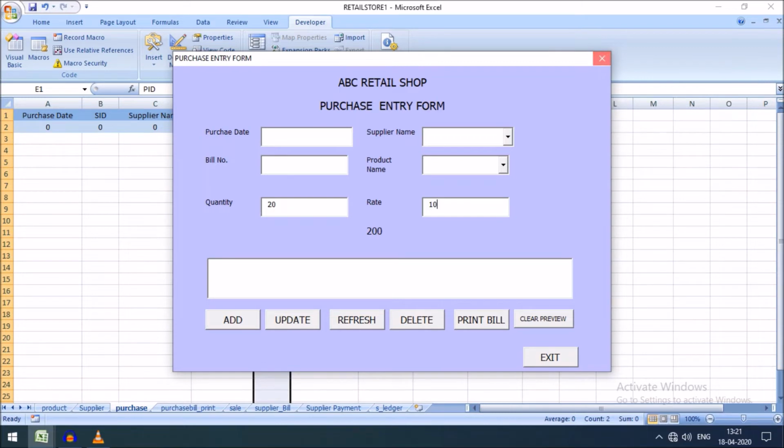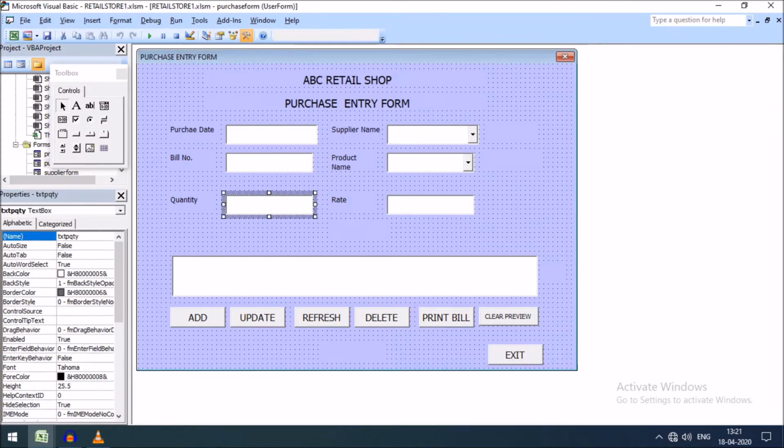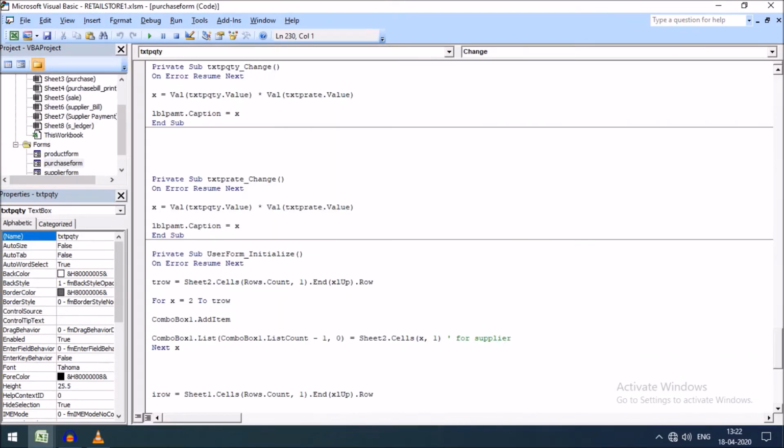Going back to understand this, just click in the text box, that is txt pqt, you can see this is the name. Just double click here, and you can see the change event of the text box, our quantity text box. Here I have taken a variable x, and I have multiplied the value of the product quantity with the rate of the product, and then assigned lbl product amount dot caption equal to x.